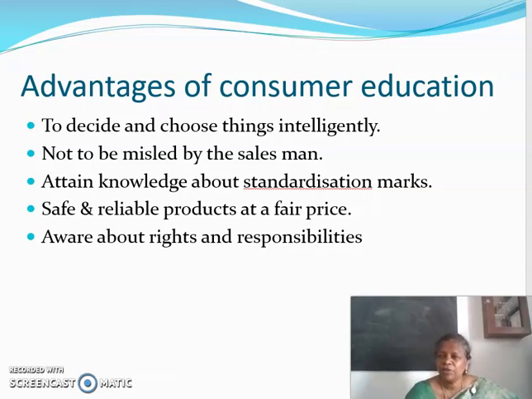For example, when you are getting a pressure cooker or any vessel, check whether it has an ISI mark. Any food product, for example ghee, oil, butter, whatever it may be, check whether it has an AGMARK mark. When you are getting any jewel item, check whether it has a hallmark, etc. Silk saree, silk mark, you can check that. So it helps people to get standardized things. Then it helps people to get a safe and reliable product at a very fair price. It helps people to get a safe product.